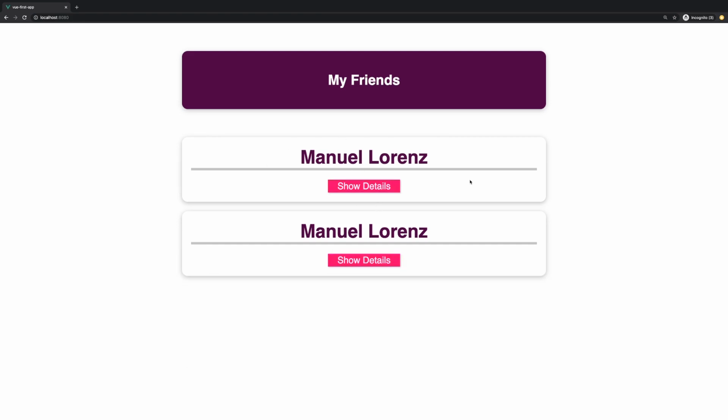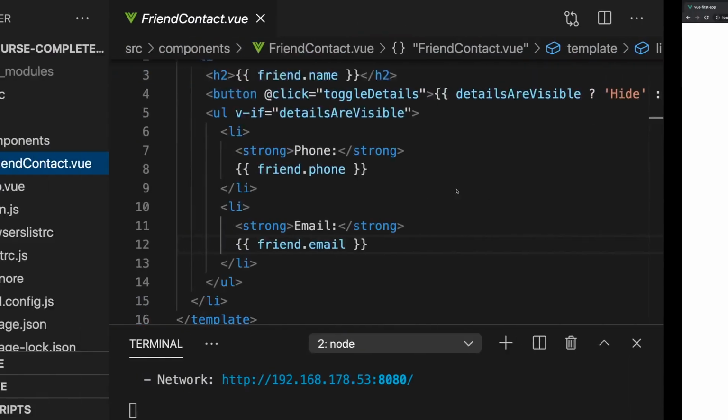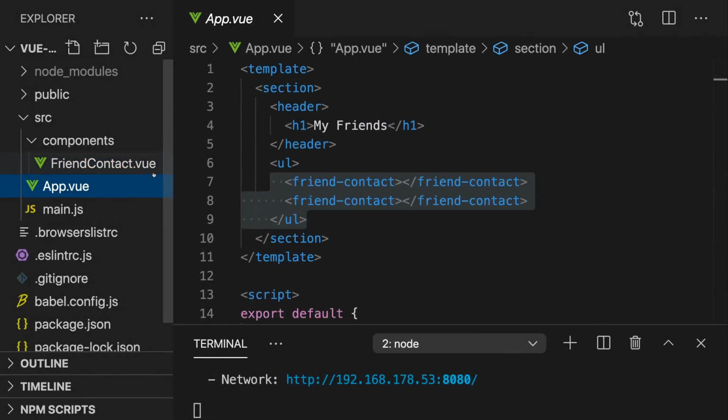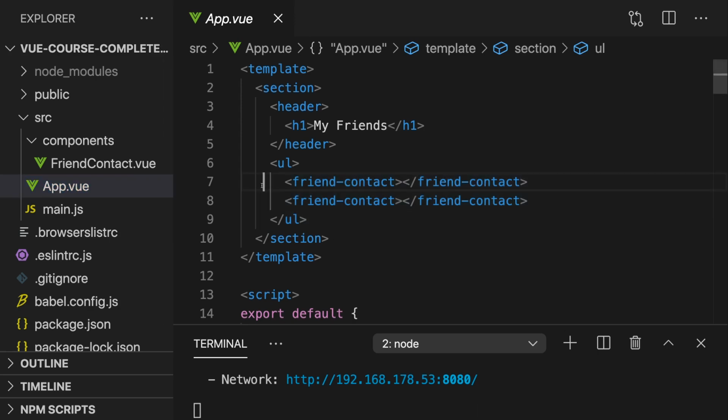Now, of course, there is a solution for this, because this is such a crucial concept, being able to configure the same component with different data when you use it multiple times. That is a core concept, and therefore it is something we can implement with Vue, with a concept called props. Now, what are props about? Props is short for properties, and you can think of props like custom HTML attributes. For example, here in